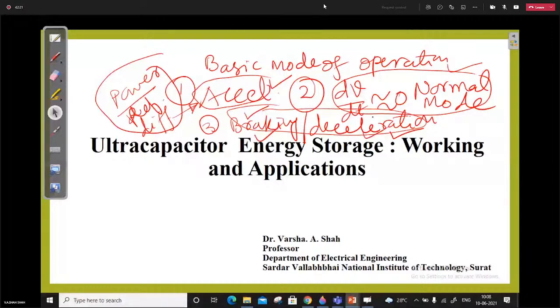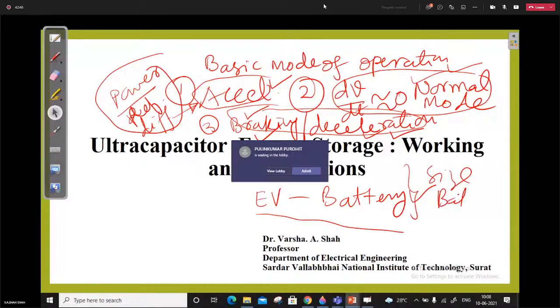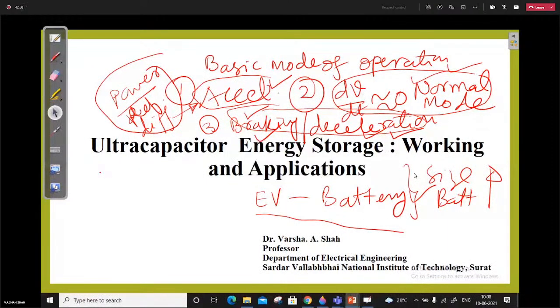So in that case, if I am designing my EV only with battery, then what happens? If you have only battery, then the battery has to supply two things. One is transient power, as well as the normal power. It means that the size of your battery will greatly increase, and the utilization, because the system efficiency always depends on the utilization of your source. So if you are not able to utilize your source fully,